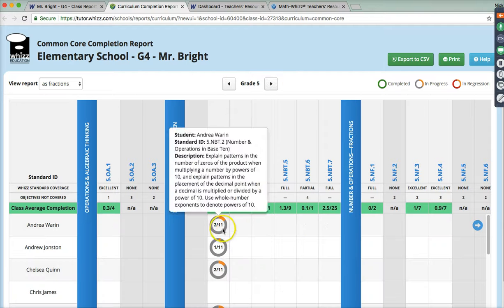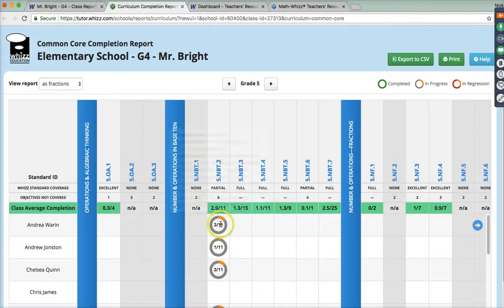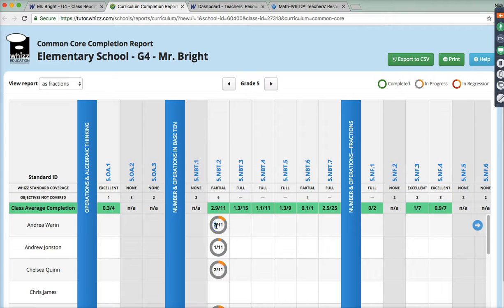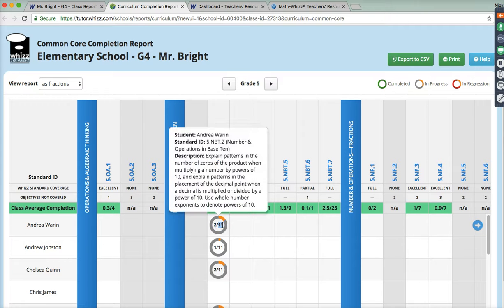So it's going to look like this. If they're currently working on standards under this cluster, a circle will populate. So the numerator is the number of standards that have been completed by the student, and the denominator is the total number of standards covered.